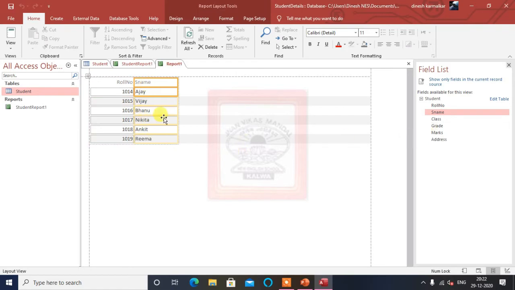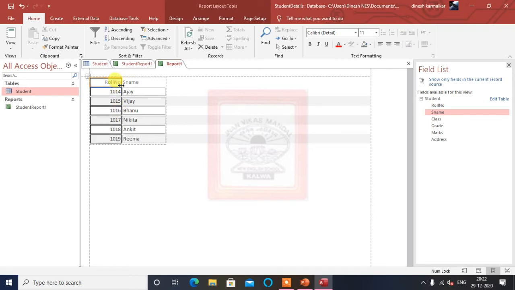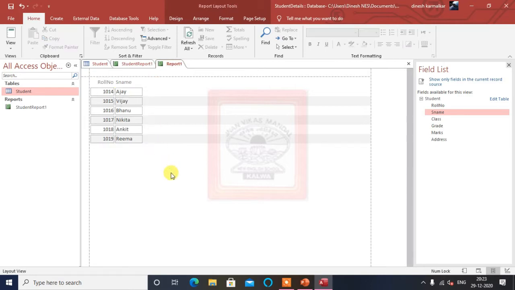Before dragging all the fields, there is one more thing here which is not present in the wizard. Here you can adjust the width. You can see I wanted only this much. It is still bigger, so I will make it a little bit smaller. Student name also is not needed that wide, so I can make it this much. Whatever I want, that much only I can take.